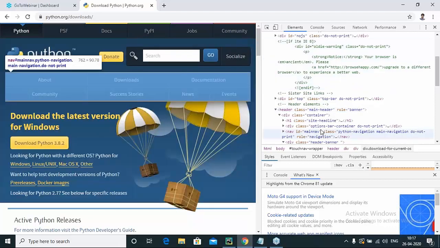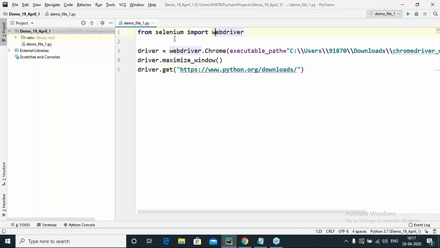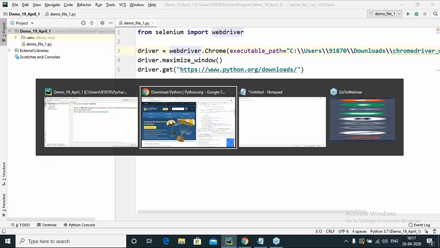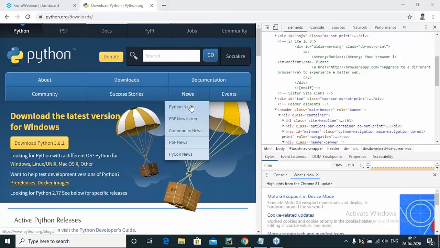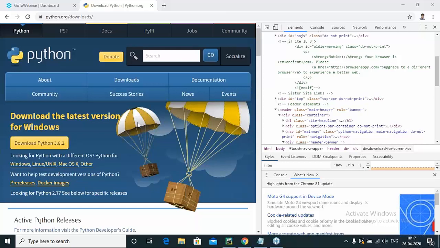Is it okay? The first line that we mentioned was from selenium. Selenium is the name of the library that we installed. From selenium, we are importing something called webdriver. Now, the second most important thing: we have Selenium, but I want to execute it on Chrome, or in Mozilla, or on Internet Edge. To execute your code on different browsers, I repeat, you need different drivers. For example, to work on Chrome, you need something called Chrome driver.